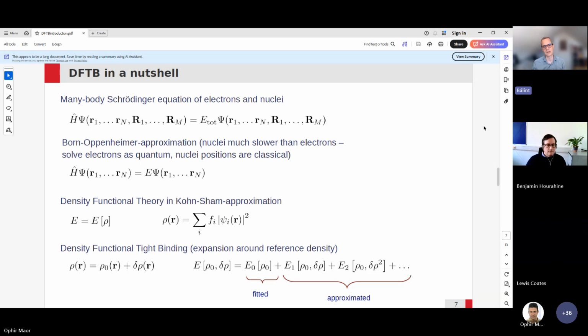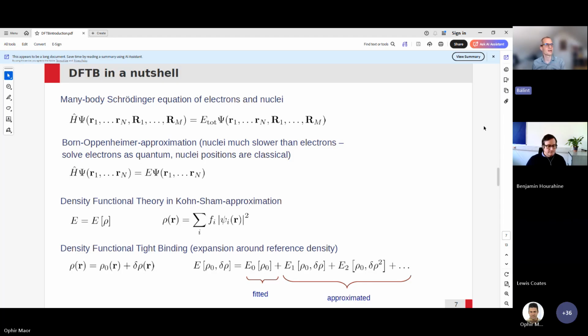theory. So basically this is something where instead of concentrating on the wave function, which you see still has a lot of coordinates, a function with many, many arguments, you can concentrate on a single function, which is the density of the electrons in the system. And there is a further approximation, where we are even assuming that these particles which are making up this density are basically independent in a certain way. And that's the so-called density functional theory, DFT, and DFTB is just one step beyond, where we are basically